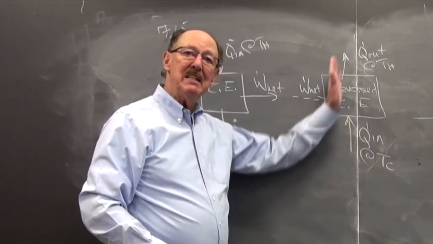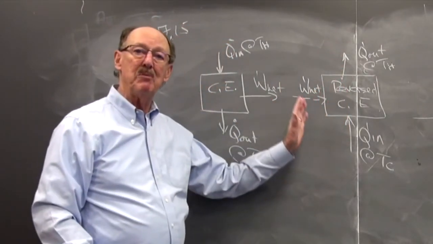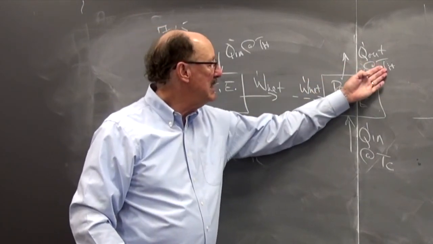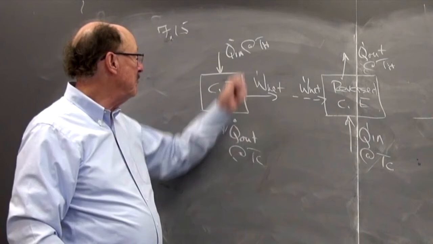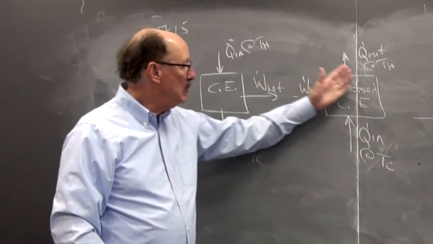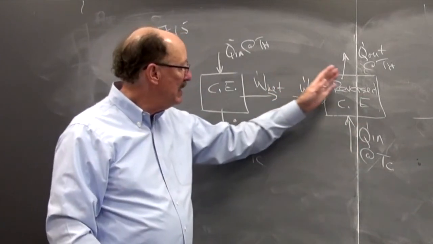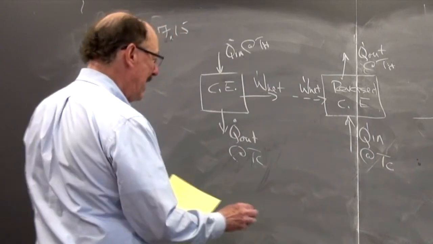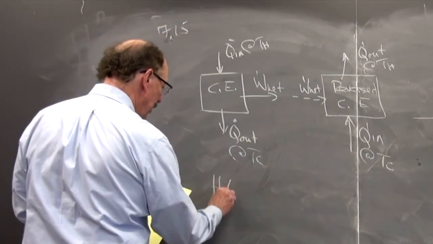These can be different THs and TCs, so when you have problems associated with this, and you will, pay attention to this TH and this TC can be different than these two. And so we need to pay attention to that. But the problems are not that difficult if you pay attention to what's going in and what's going out and where. So for you to have some practice with that, for homework,